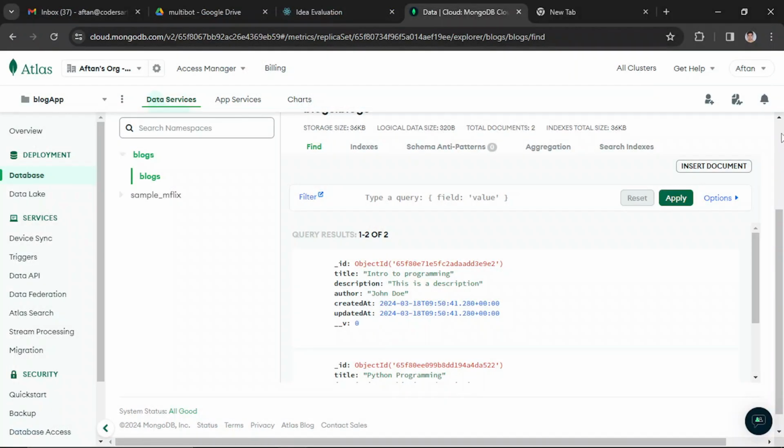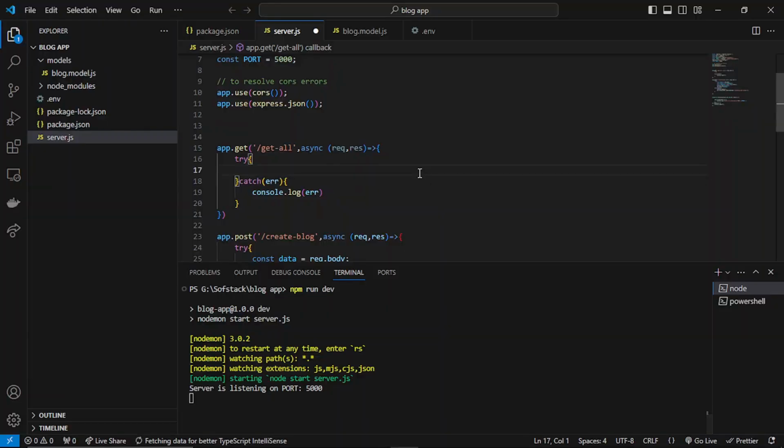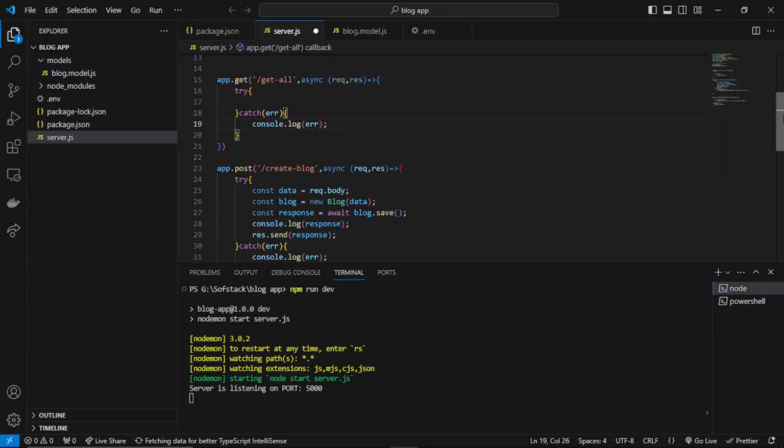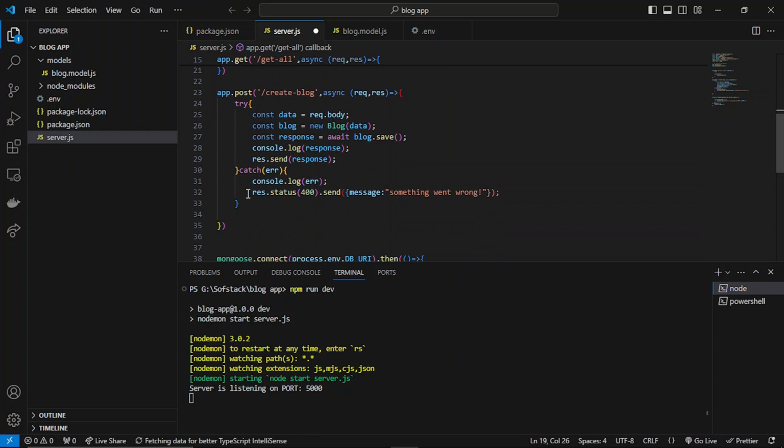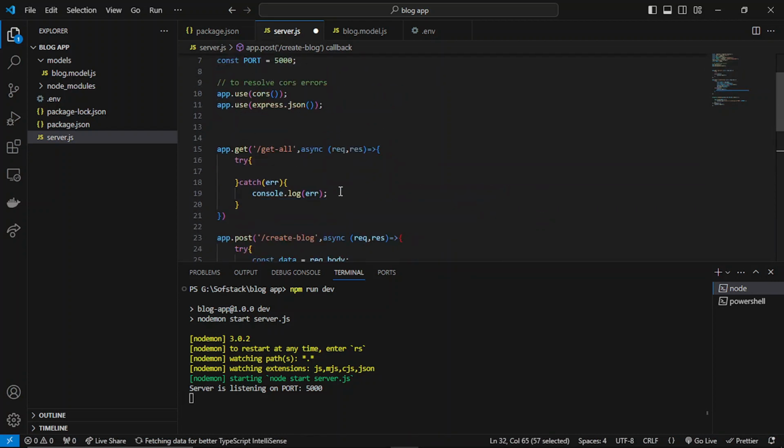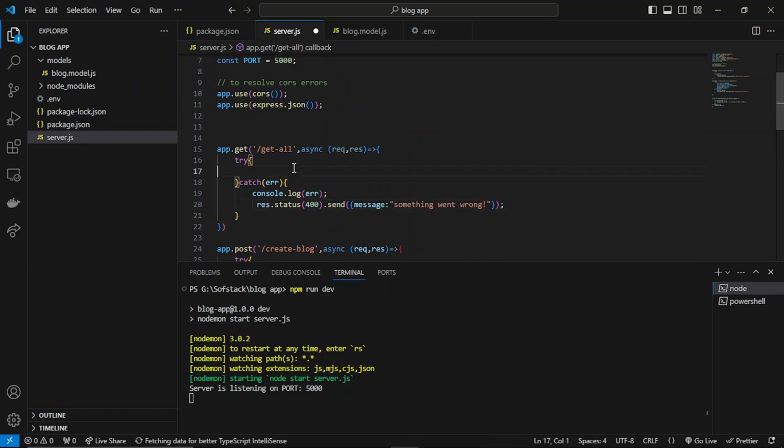What I can do is I can simply copy it, the res.status and the response at the time of error. Let's just grab the result of blogs by using await, and we can call the blog model, and then we have find,